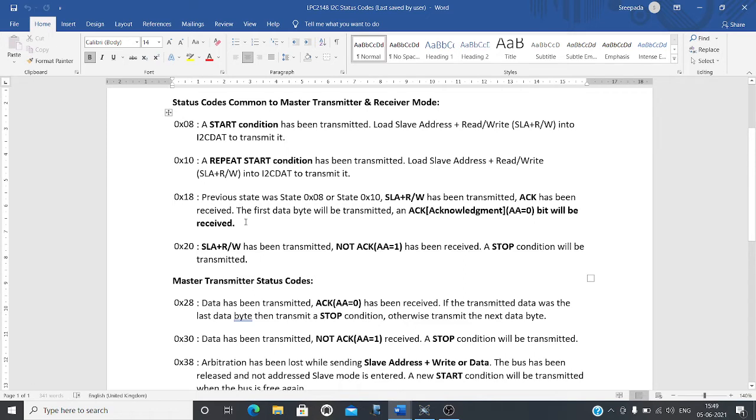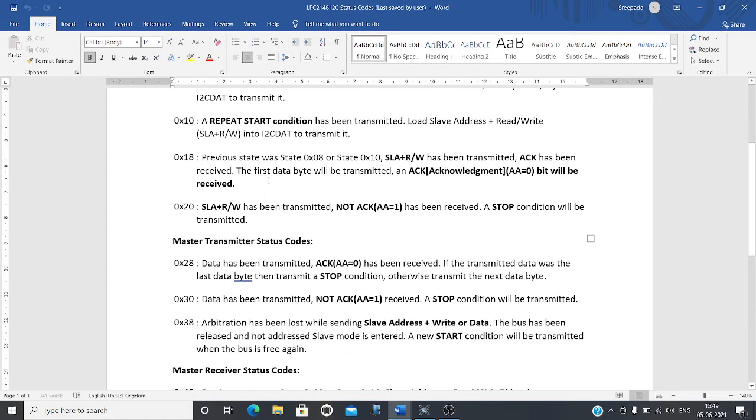So all this is the meaning of this status code. And the status code also indicates the first data byte will be transmitted. Once the 0x18 status code is received by the program, the system is expecting the first data byte to be transmitted. Once you send the data byte, then immediately an acknowledgement bit will be issued.